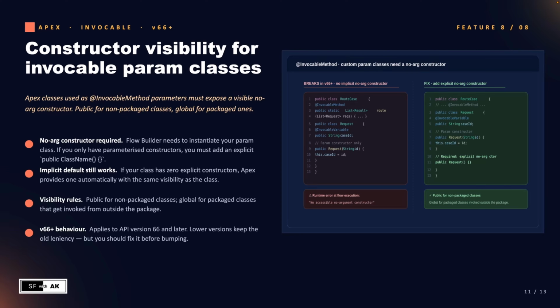Second, the visibility rule. The visibility should be public for non-package classes and should be global for managed package classes. If you're shipping a managed package and your wrapper is public instead of global, the action will fail at the customer's end, not your end, which is the